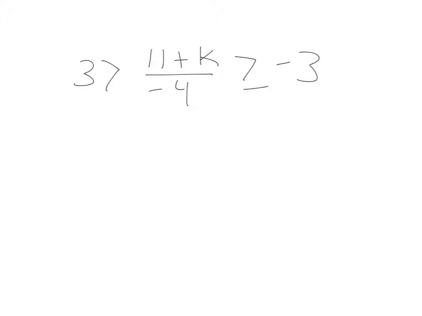Here we have another compound and inequality. And I wanted to bring this one up because in this case we're going to have to multiply by a negative to get rid of this division by the -4 here. So if we want to multiply by a negative, remember from our solving inequalities section, we must flip the signs. And I just wanted to show you that it really works the same way, except we're going to be flipping two signs instead of one. So if we multiply everything by -4,